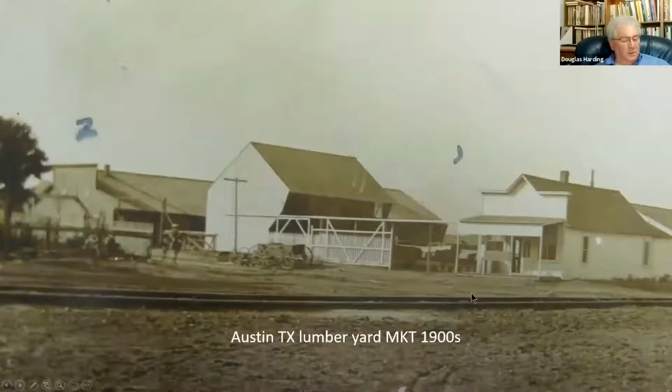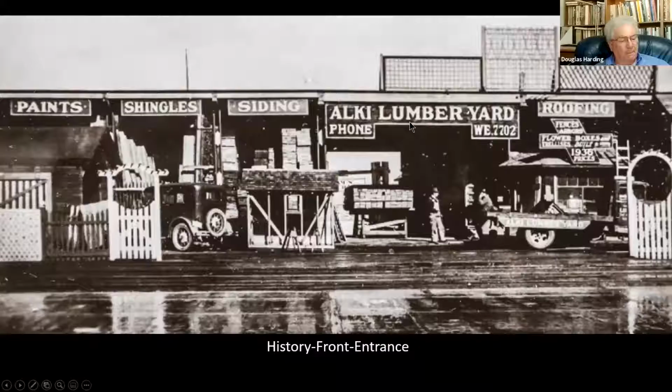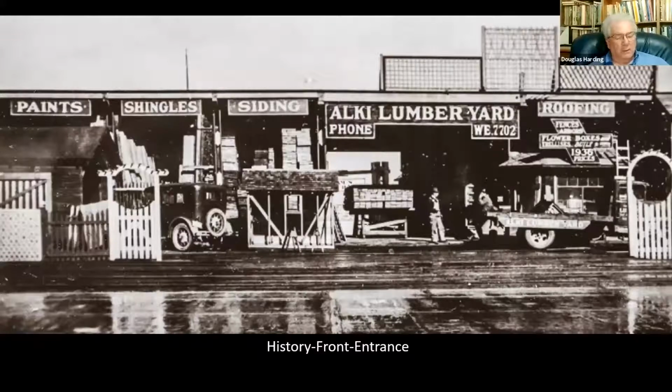Here's another setup. This is down in Texas on the Katy. Notice that picket fence type of gate that slides along to close off the yard, the office, the open sheds, the closed building. But of course, they sold a lot more than just lumber. As you can see, this one, boy, they got all kinds of stuff here: paint, shingles, siding, roofing materials, fencing, flower boxes, trellises,